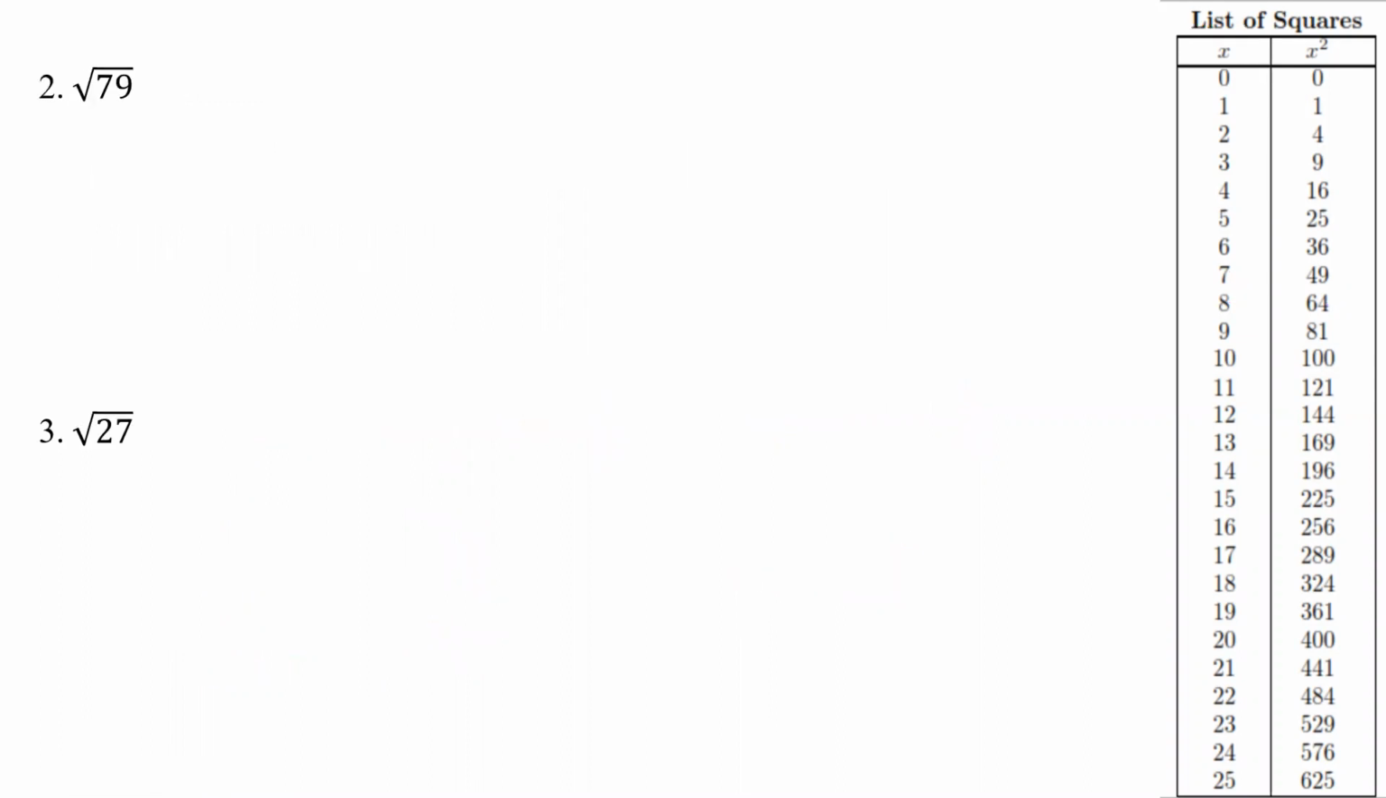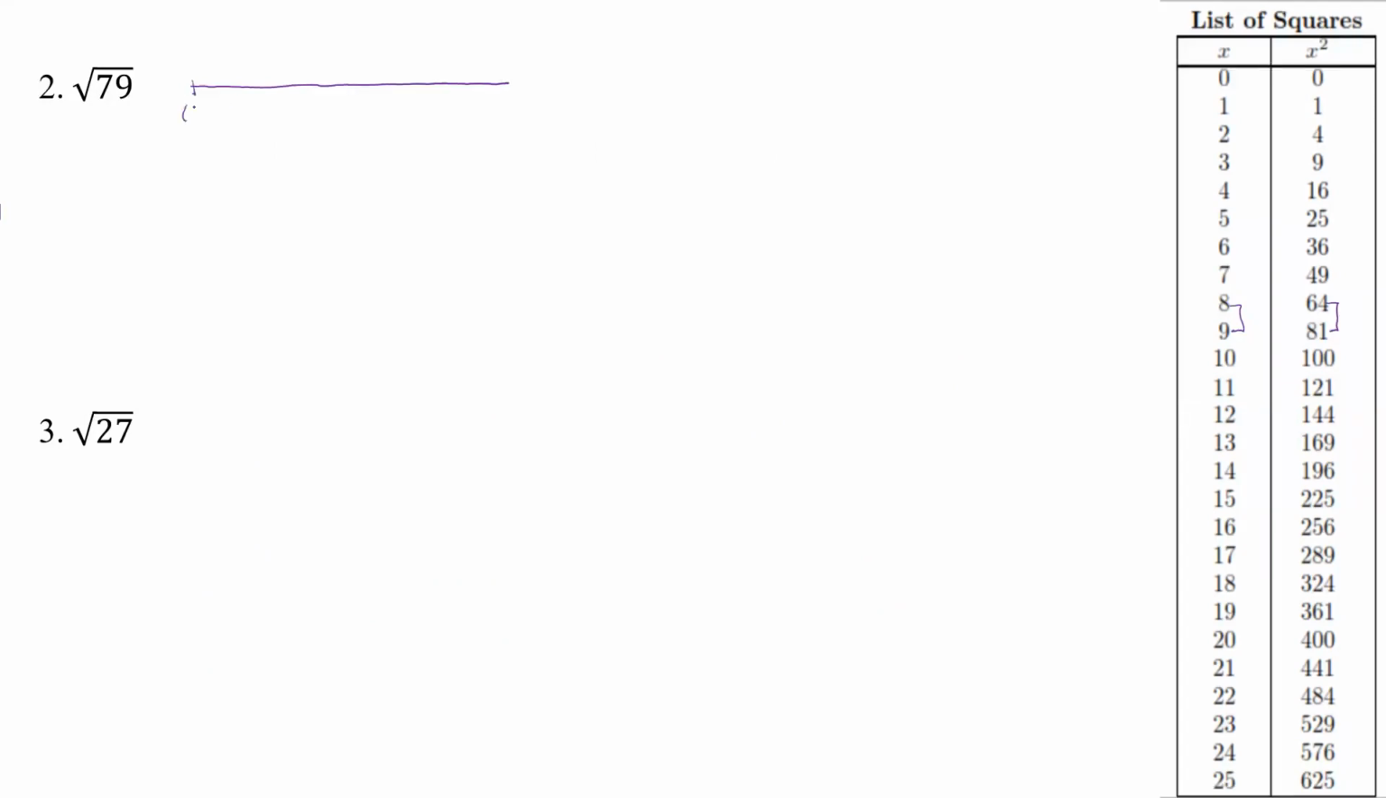All right, so 79. Well, 79, if we look over here, that's going to be between these two. So it's going to be between basically 8 and 9. Okay. So what am I going to do? I'm going to again draw my number line, and I'm going to go now between 64 and 81. So if I go up here and draw my number line,